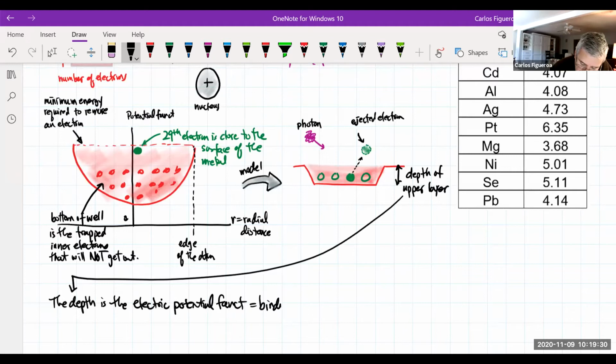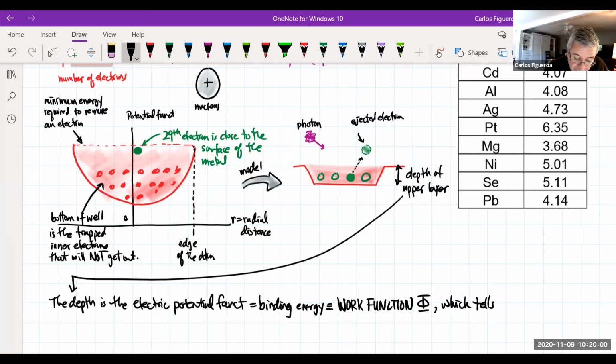It's the binding energy. But what's the binding energy? It turns out they define this as the work function. And this work function is defined by the capital Phi here, which tells us